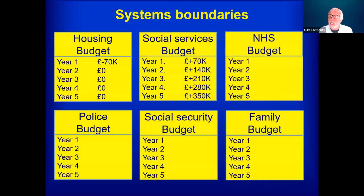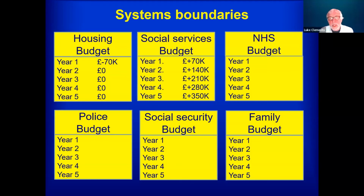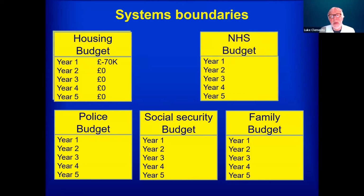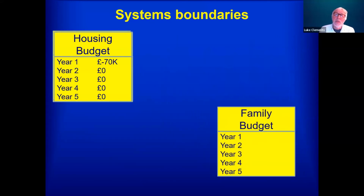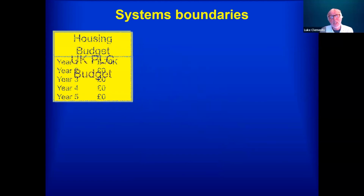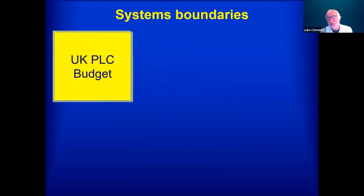And of course the family was suffering terribly financial losses because they weren't able to live ordinary lives and look after their children in an ordinary way. So these are all budgets that if you add them all up together, the impact of these grants is enormous for UK PLC. And we were only quantifying the difference between two, which was social services and